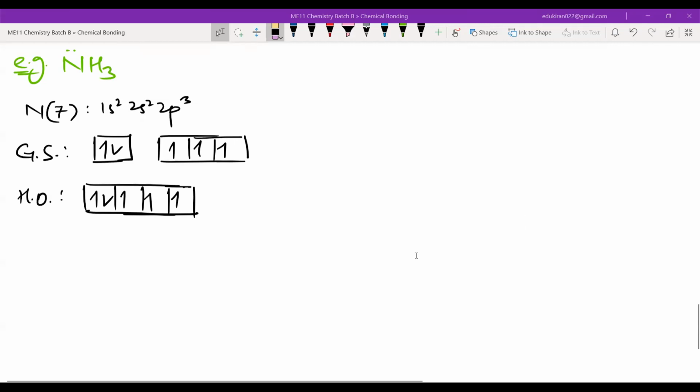Fine. Now, the hybrid orbital is what? sp3. This is also sp3. This is also sp3. Right, so we have 4 sp3 orbitals. Now what do we need? We need to write the hydrogens. Hydrogen has 1 electron in each of them, and 3 hydrogens will be there: 1, 2, and 3. So these will be forming bonds like this. And then you will have, okay, let me just get the structure for nitrogen.